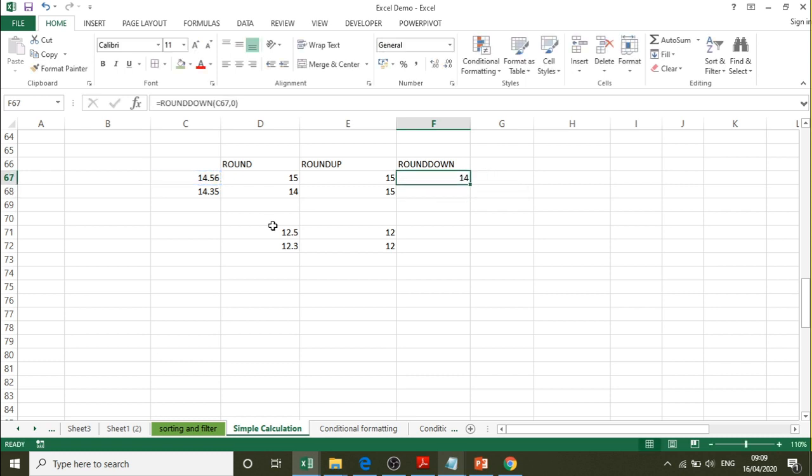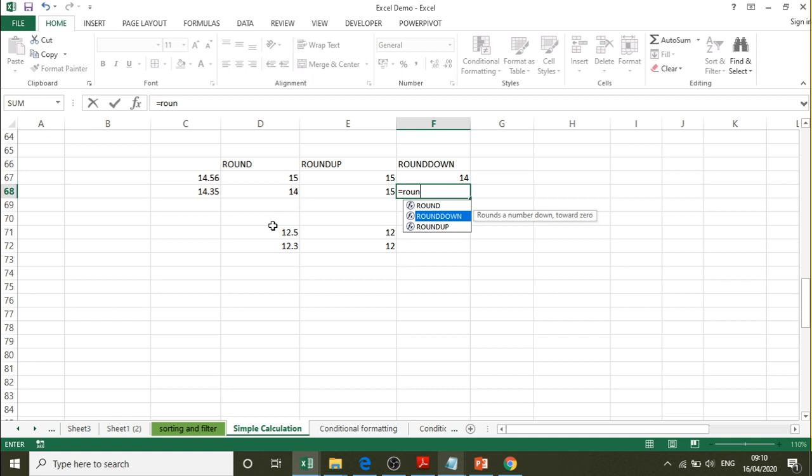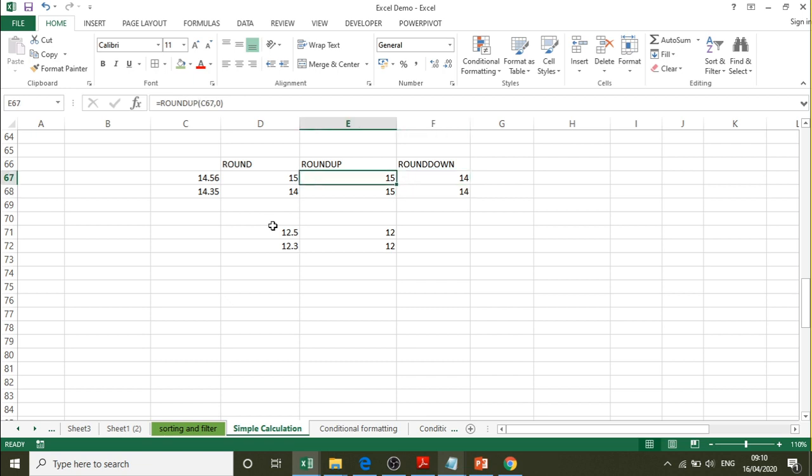You can notice that the answer is 14. Similarly, I can do it for this ROUNDDOWN, 14.35, that is C68, the cell address, comma 0. So the answer is 14. That means ROUNDUP will round to a higher number, so ROUNDDOWN will round it off to the previous number.